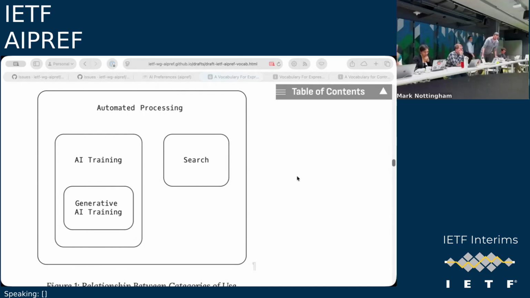I think the relationship is that we remove this box that says search and we add a box that says AI output, but then if you wish to be included in the search index, you must say AI training yes and AI output yes.